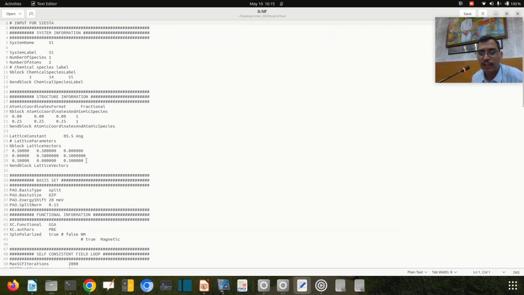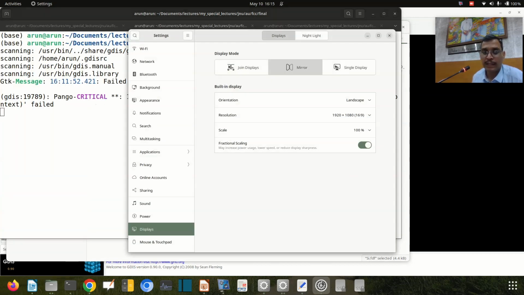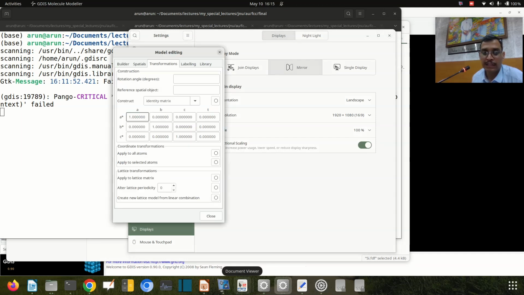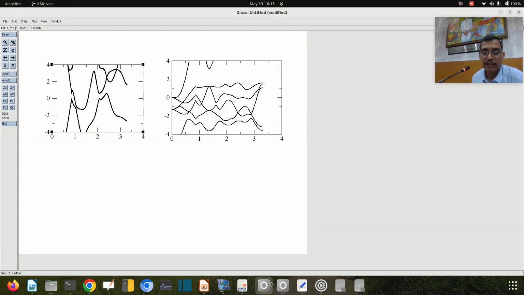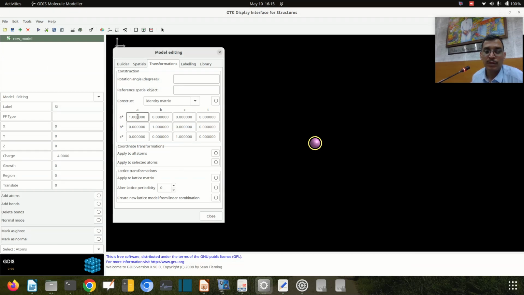Yeah, 5.5. I got it through simulation. It is 5.5 through simulation. It's a rough estimate. So I again go to GDIS. So 5.5 means, half of it, 2.75. It's 2.75,